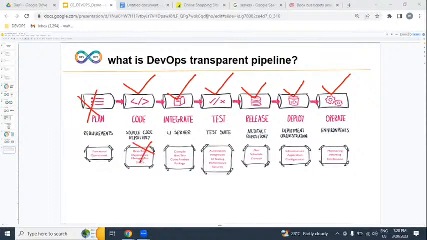We are not writing any code. We are not writing any test cases. Sir, what exactly can we do here?